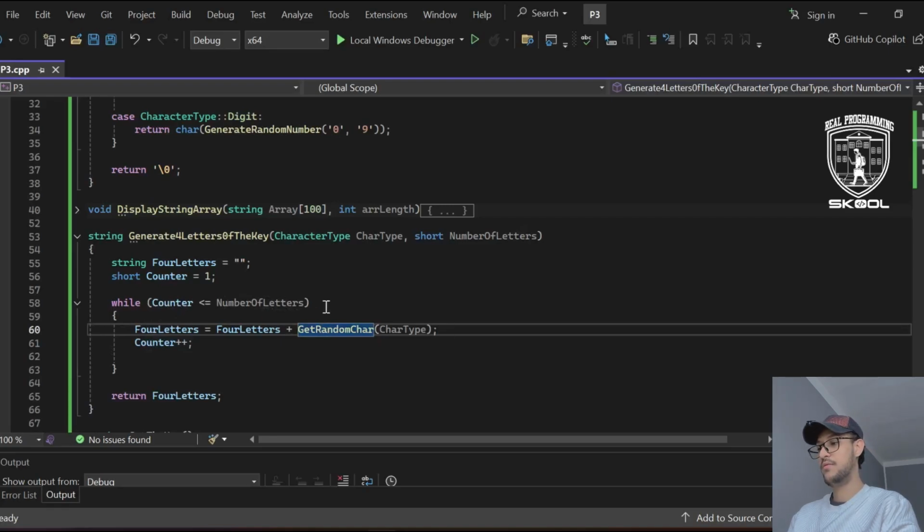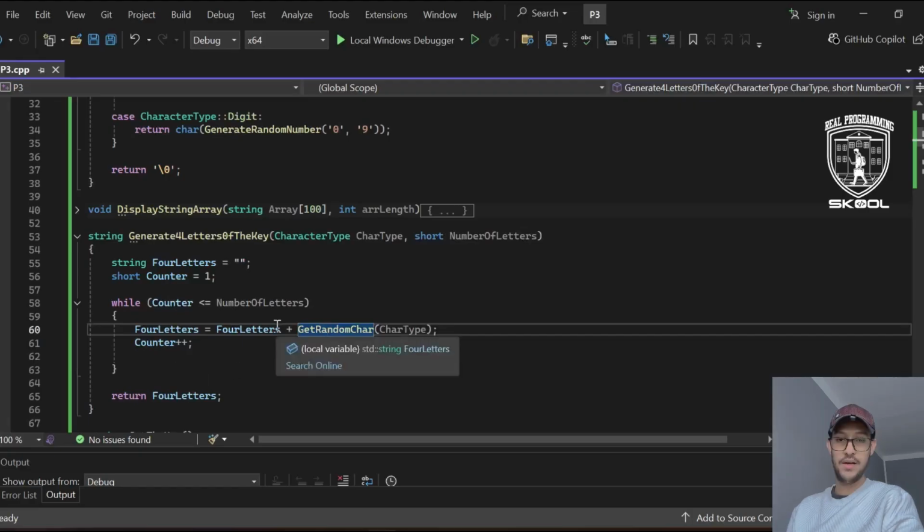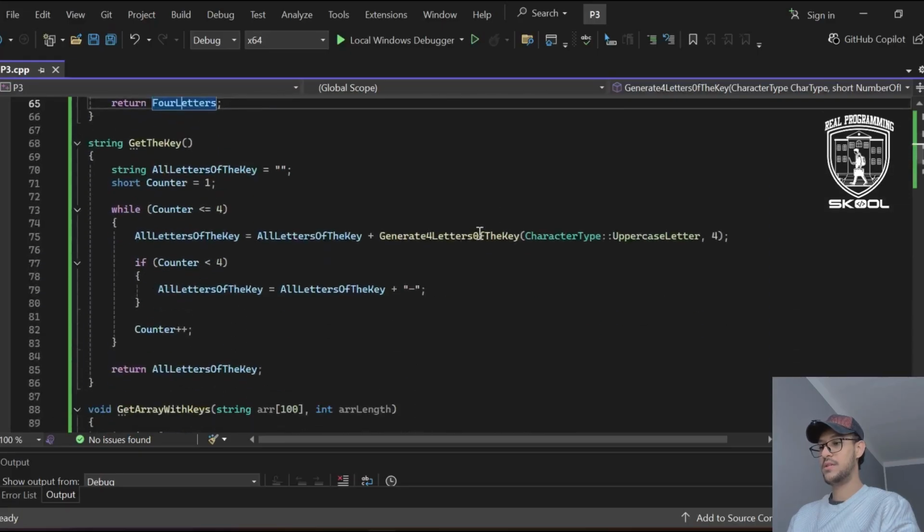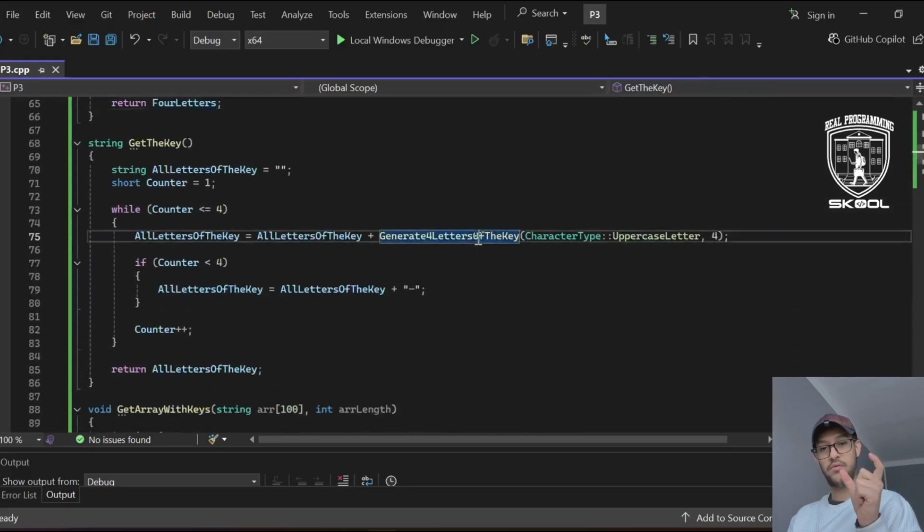Yes, 2 is still less than 4. Again, give us another random character, until 5 is not less than 4, 5 is not equal 4. Go out of this function and return for me 4 characters. I already named it generate 4 letters characters. Okay, and after that, take this generate 4 letters character, take the 4 characters of the first slot of